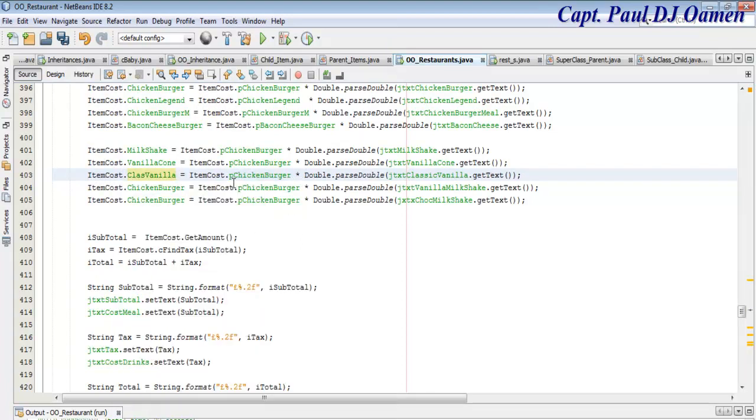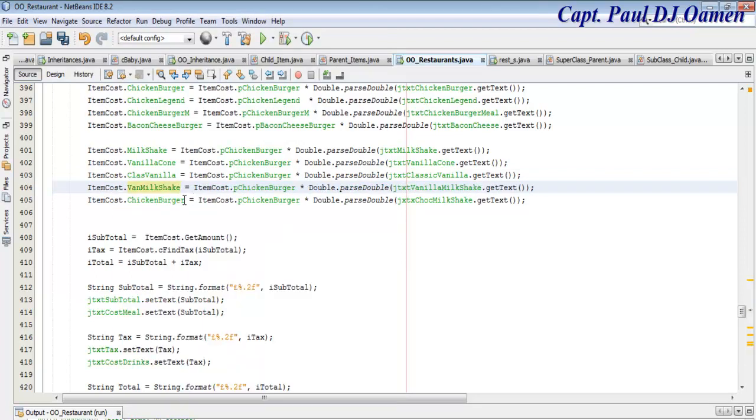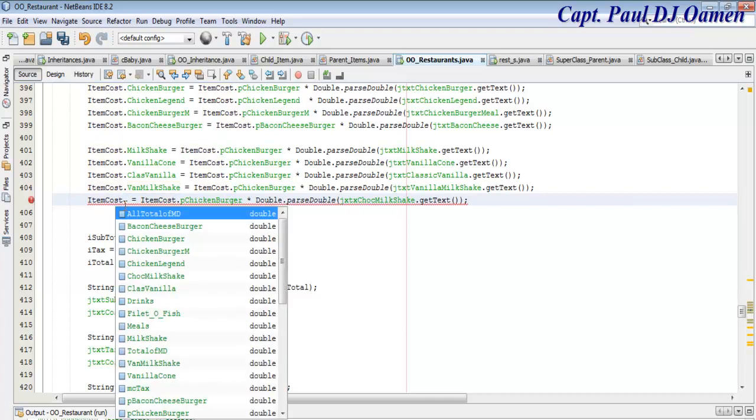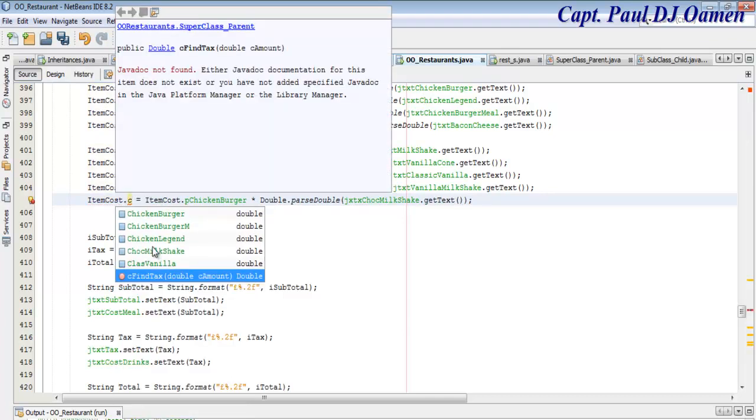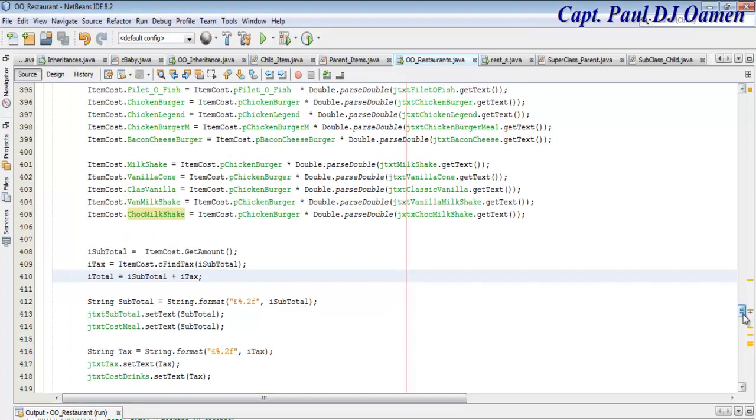And vanilla milkshake. The milkshake. Then we have chocolate. Let's see. There we go. Right. Now that those ones are right, okay, I think we can now